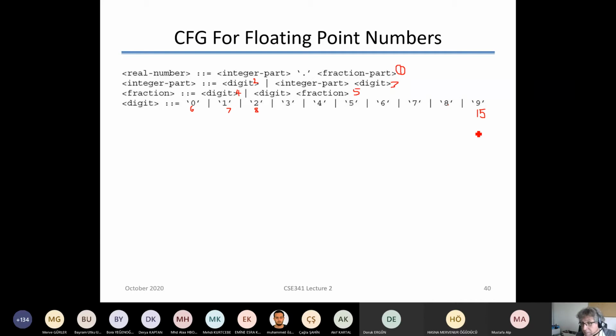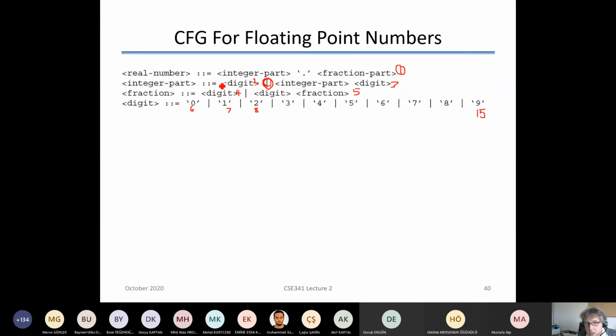Language of floating point numbers. A language that actually tells or generates or checks or defines these floating point numbers. All right, so 15 of them. There are 4 lines, you are right, but some of the lines have multiple production rules in them, separated by this or character here. This means or,